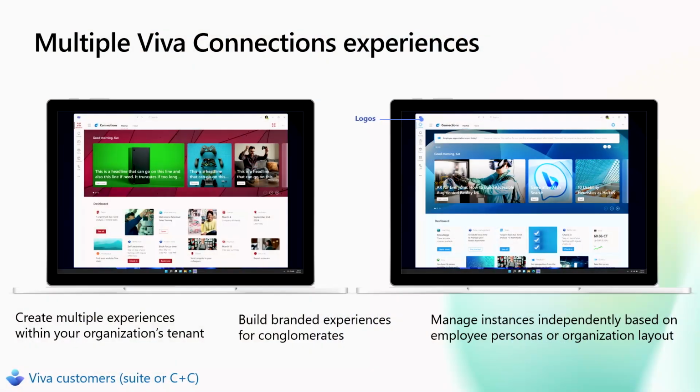So Connections lets you have multiple instances in the same tenant where you can have different logos. You can have different home sites and different intranet links. You can have different announcements, all managed by different people. You can have news that's custom there. You can do the theming and spotlight and custom UI, all based to a specific part of your tenant. Oh, we're gonna do AMA at the very end. And then finally, cards, all independently managed. And that is Connections in about 11 minutes.